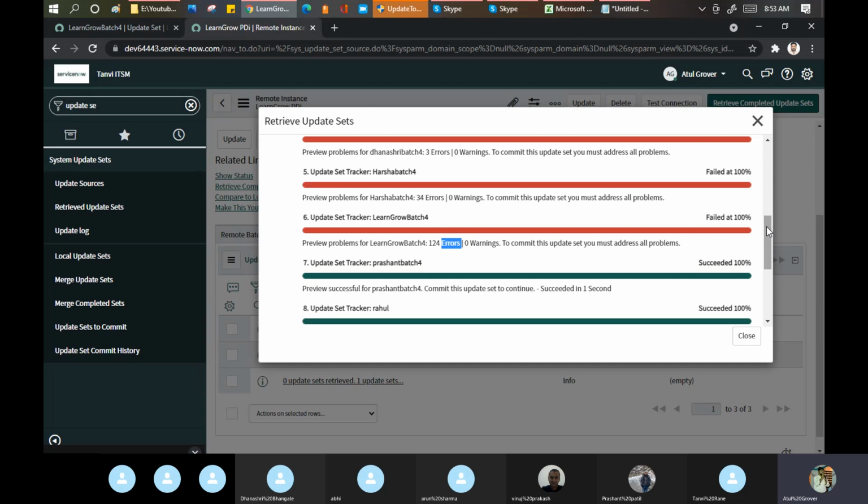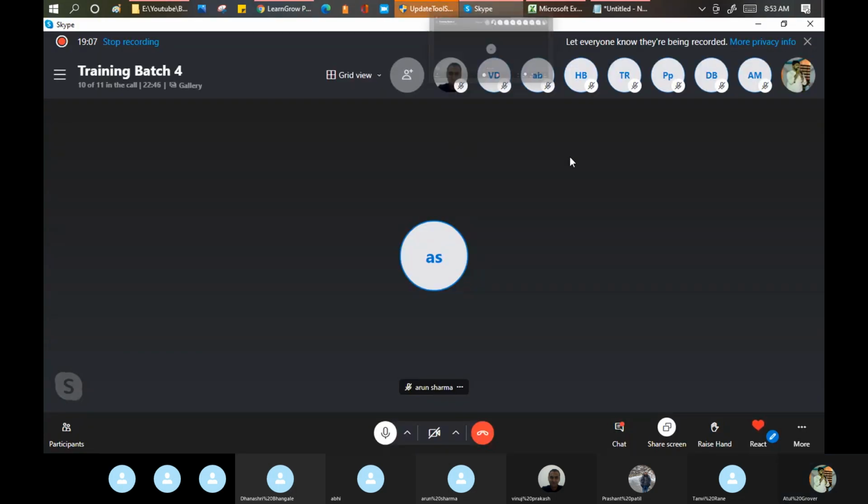Yes, anyone else giving some answer? Yes. Vishwajit, what do you think? Why are these errors there? And don't feel ashamed here. It is a very common practice, guys. Yes, Aishwarya, why are these errors here?